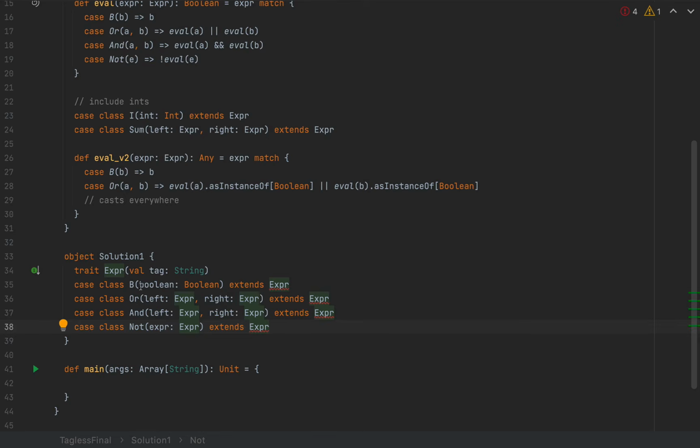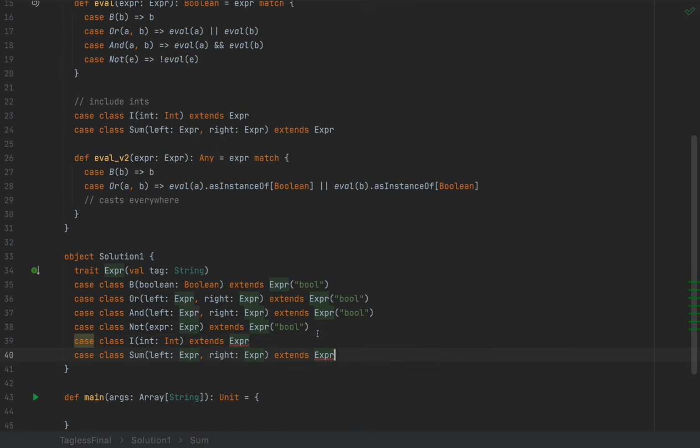So I'm going to have case class B, which is a Boolean and extends expr of type Boolean. And I'm going to use this tag over here for all the Boolean expressions. And I'm also going to copy the integer types, and I'm going to pass the argument type, let's say int, here. So notice that I've added some extra information to the expressions so that we can differentiate between Boolean and integer